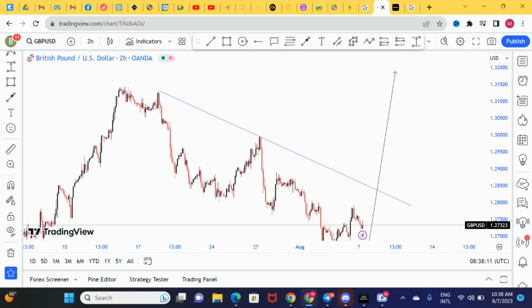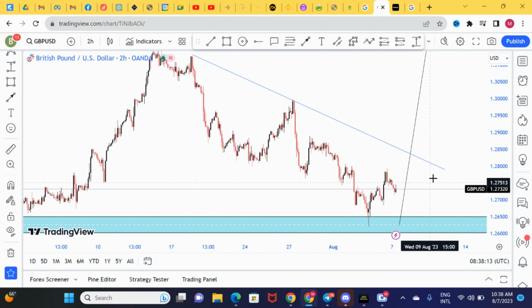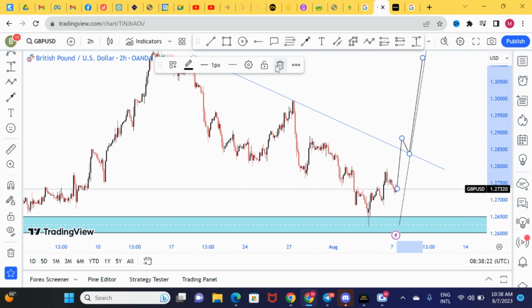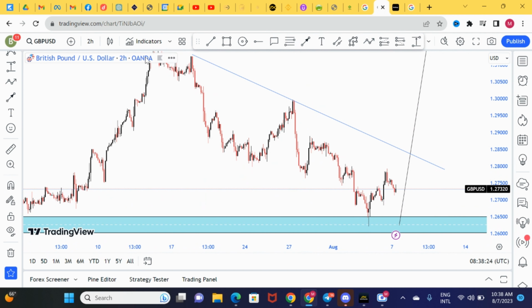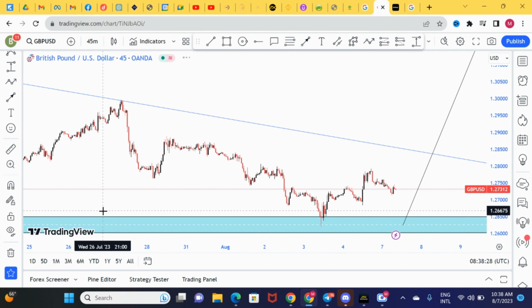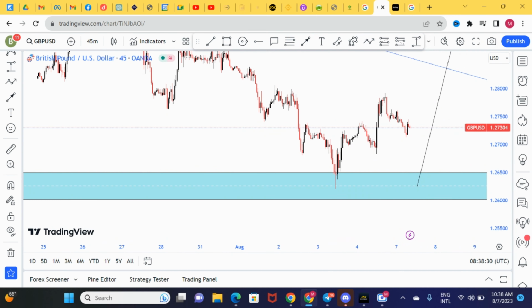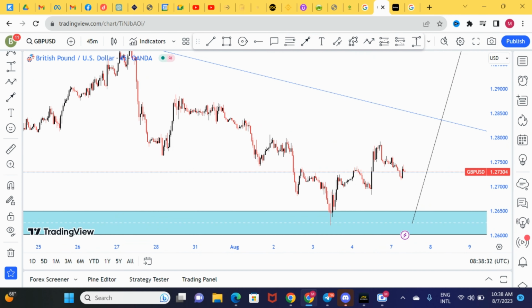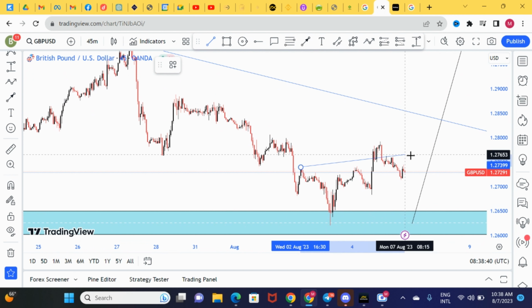Now, the reason why I've drawn this trend line is that it will be helping us. Others would want to come and enter once it breaks out and then retest, and then they enter, right? That's what they would be waiting for. But what will I be waiting for? Let's go to a lower time frame and see how the market is behaving. From how the market is behaving, we've been able to see that it started making higher highs and higher lows. So it has broken this level, right?